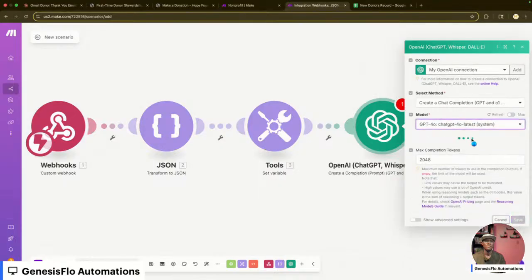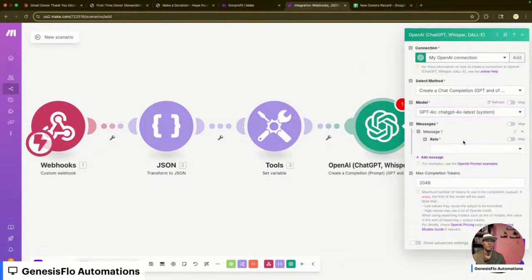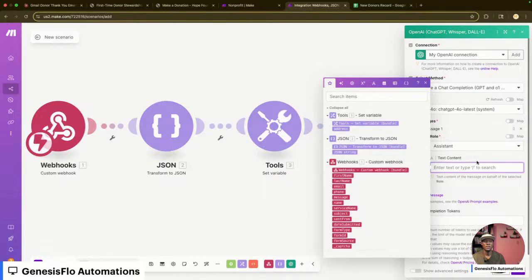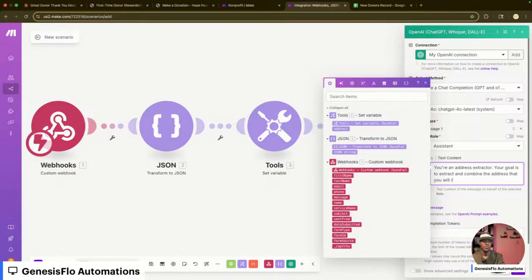Leave this here. All right, message, role, assistant, content, and we're going to say you are... your goal is to extract and combine the address that you will receive.